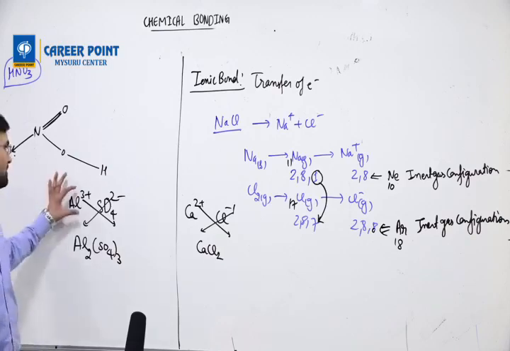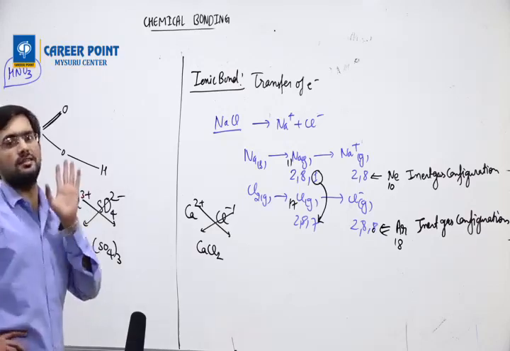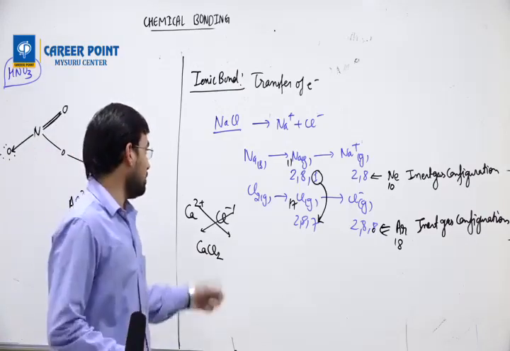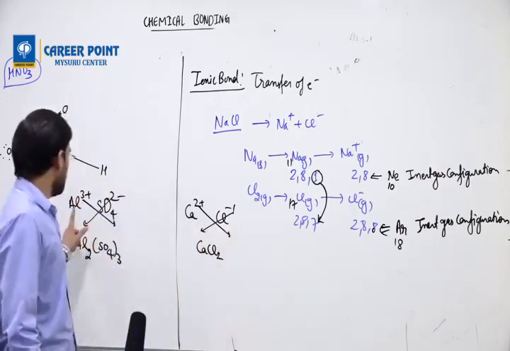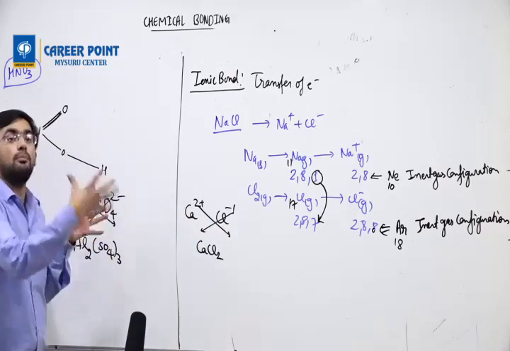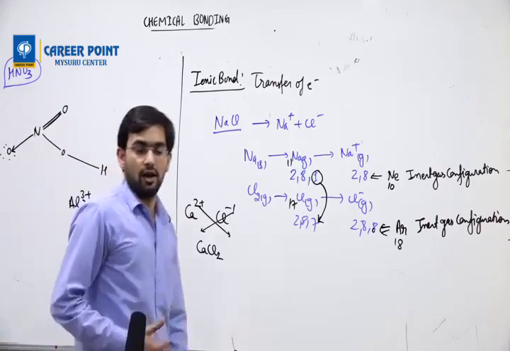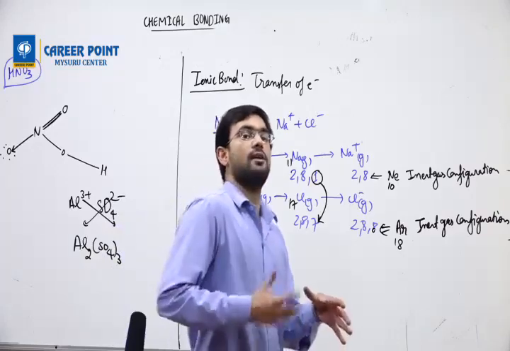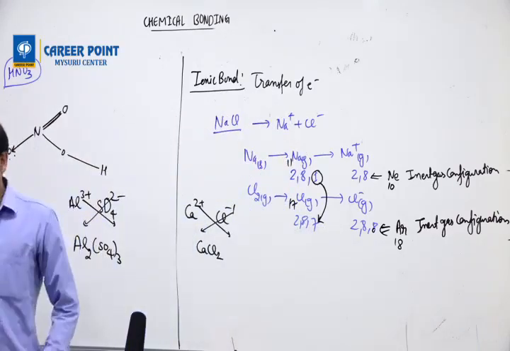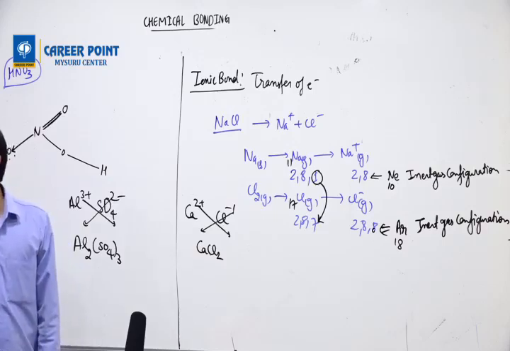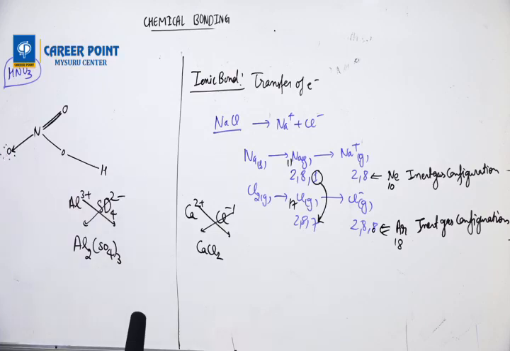So they can ask valency. Aluminium electrovalency is 3. Sulfate electrovalency is 2. I told you that it should be a metal and non-metal. This is a metal, and this is a combination of non-metals. So directly metal and non-metal, or metal and a combination of non-metals are possible. Okay. Any other doubt?